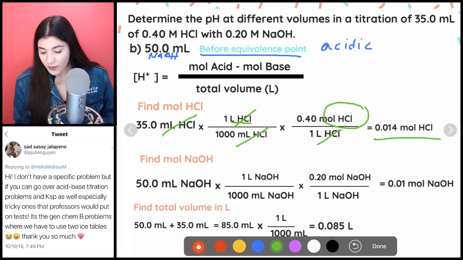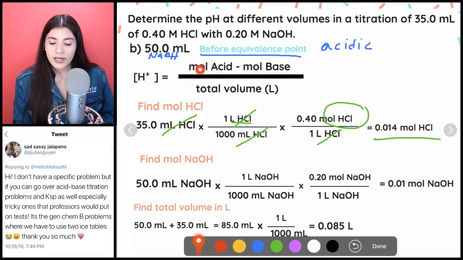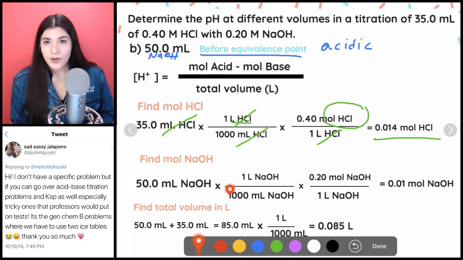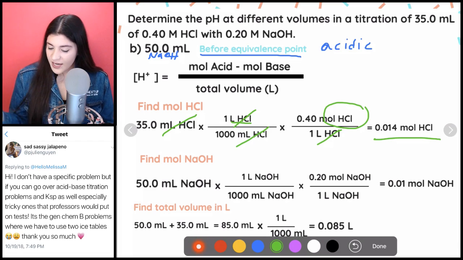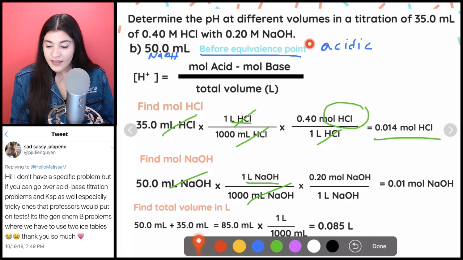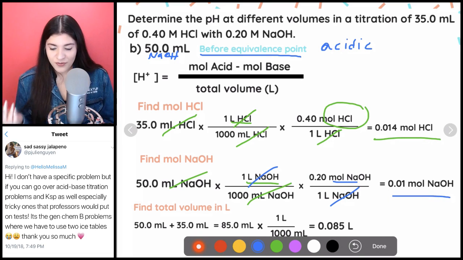Now I'm going to keep going, and I'm going to see the moles of our base. So we want the moles of NaOH. And what I'm going to do is use what they gave me. So we said in part B, they're giving us 50 milliliters of our base. So that's what I'll place here. I'm going to convert this to liters using the same approach. So milliliters cancel. We're now at liters. And then next I can use the molarity that was provided again and change this to moles over liters to give us our moles. So we have our moles of our base. All right, so far so good.